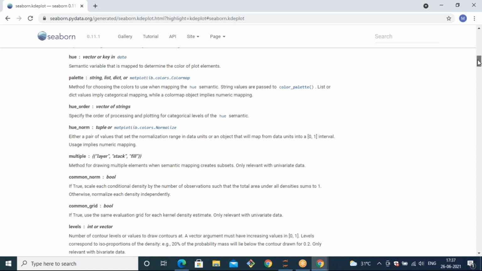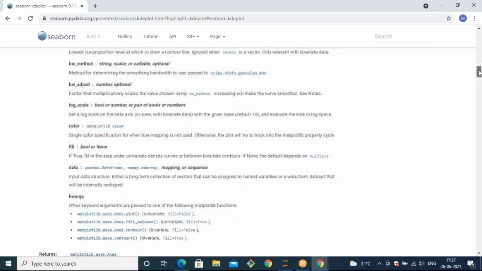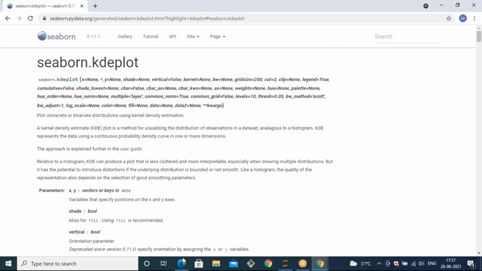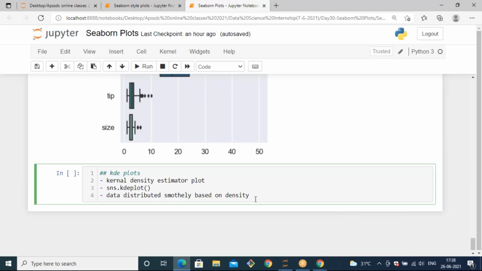Based on the application, we can refer to the documentation and pick out the parameters. Not only the methods I told you, we have so many methods. Based on the parameters, we can define our data.